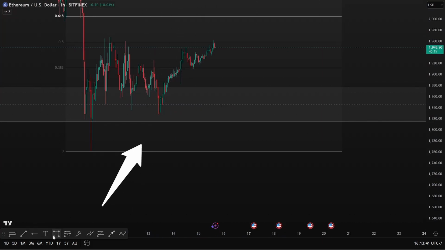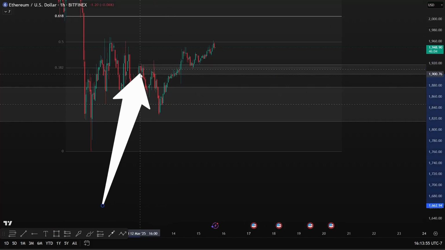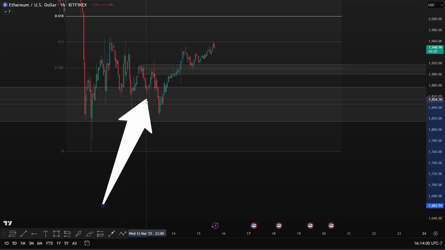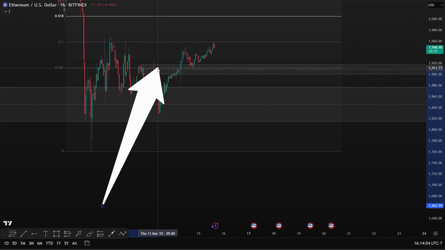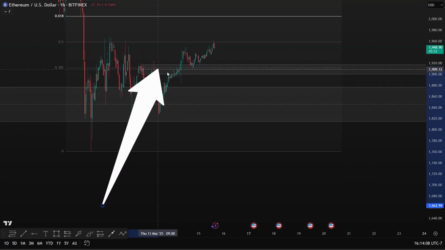What do we have to go by? I marked out this 1 hour order block. This is an up candle that caused price to go down and break market structure as it came all the way down here. And when price came up, it was resistance, it was bitter resistance, and then it flipped this order block